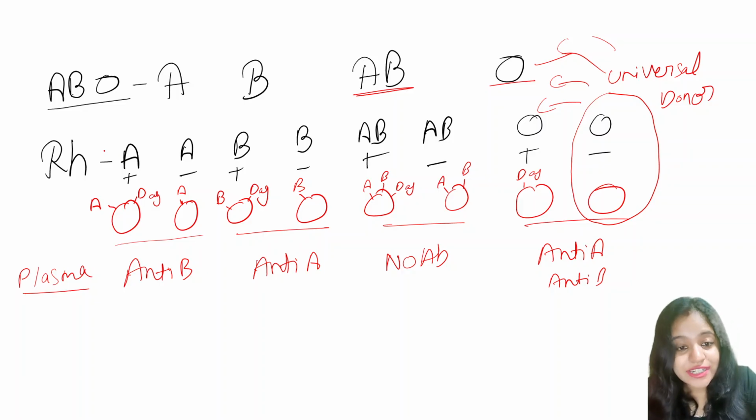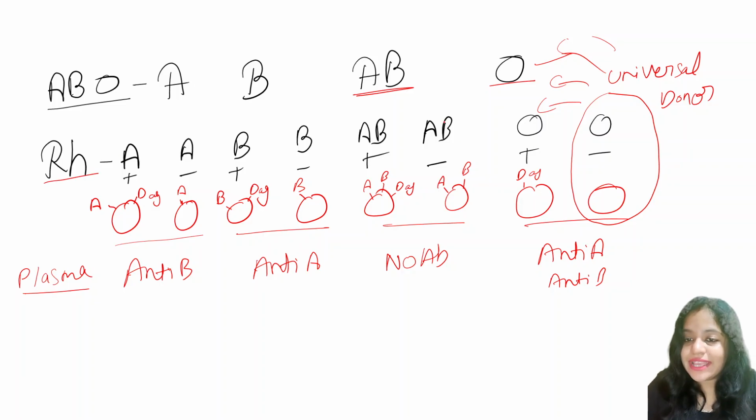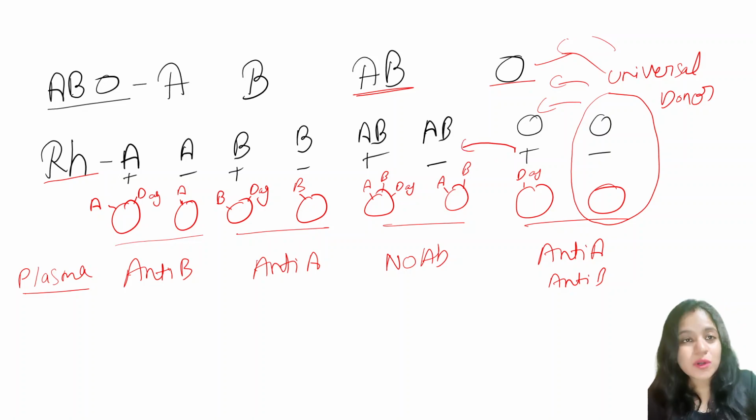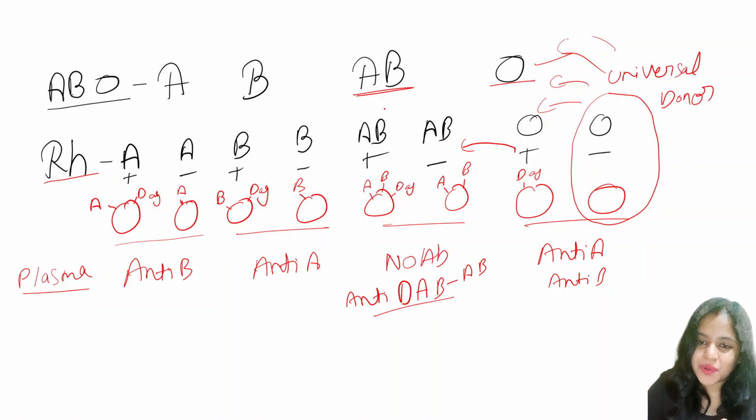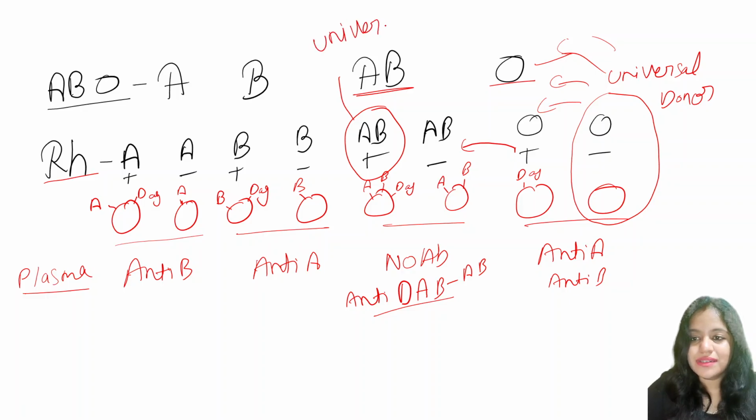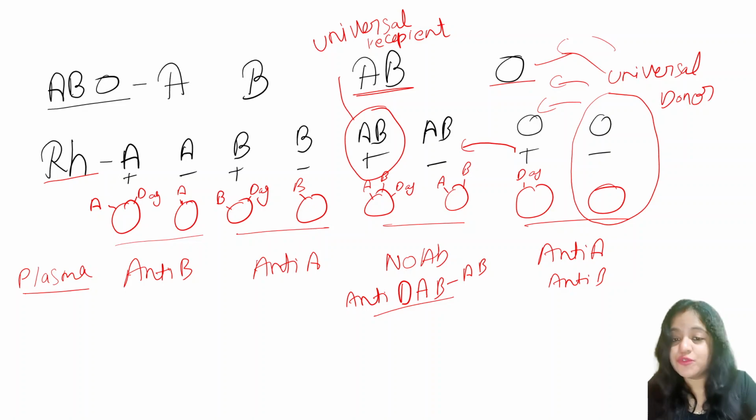According to the ABO blood group system, both AB positive and AB negative have no antibody in the plasma. But according to the Rh blood group system, if your AB negative receives positive blood having D antigen, what will it trigger? Formation of anti-D antibody in the plasma of your AB negative. That's not acceptable. So our AB positive becomes the universal acceptor, universal recipient. I hope this was clear for all of you.